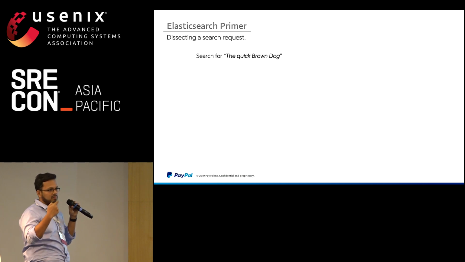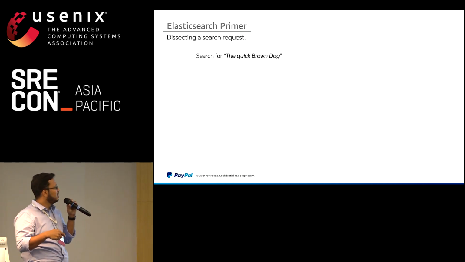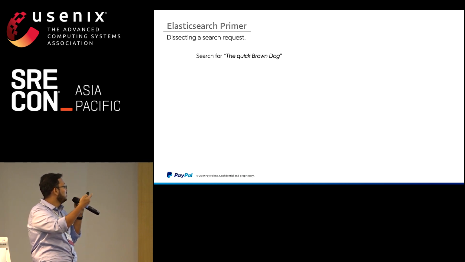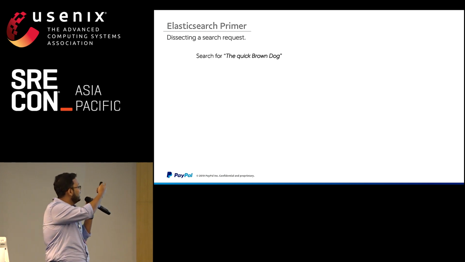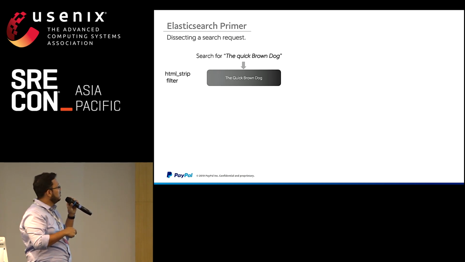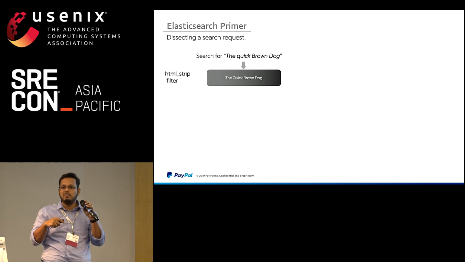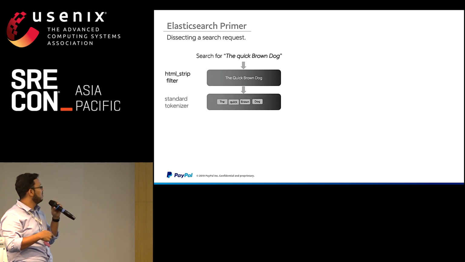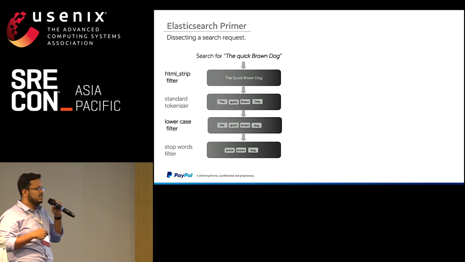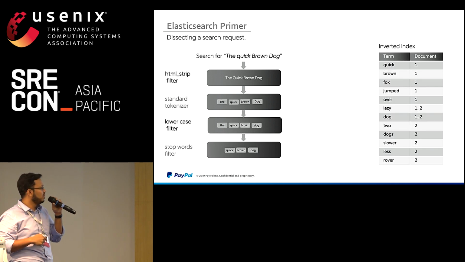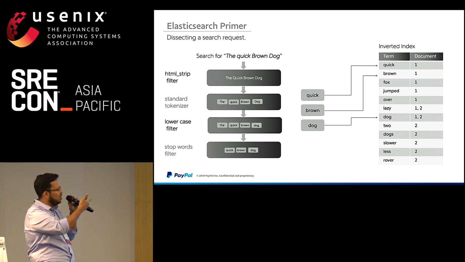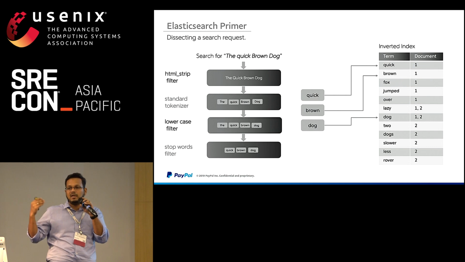Taking the example of the same index that we had earlier, we had indexed 2 documents, and from those documents we're trying to search for the term "the quick Brown Dog". I'm not sure if you're able to see the case in there: Brown is capitalized, and Dog is capitalized as well. Elasticsearch will apply the same set of filters that it applied when it indexed the document. It'll do an HTML strip, a standard tokenizer, lowercase them, remove stop words, and then use these 3 tokens and go back to the inverted index. It says quick matches 1 document, brown matches 1 document, dog is part of both, and it'll send those documents back to the client.